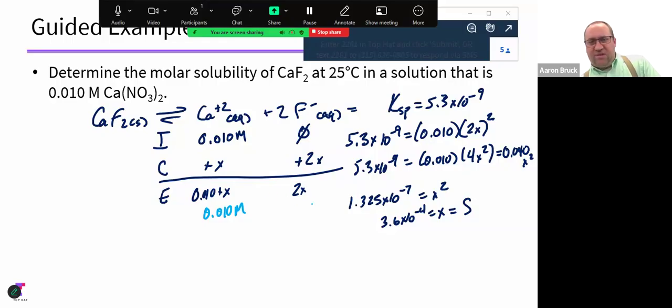And then 2 times this would be 7.2 times 10 to the negative 4th. If I was going to just double check, 0.010 times 7.2 times 10 to the negative 4th squared,